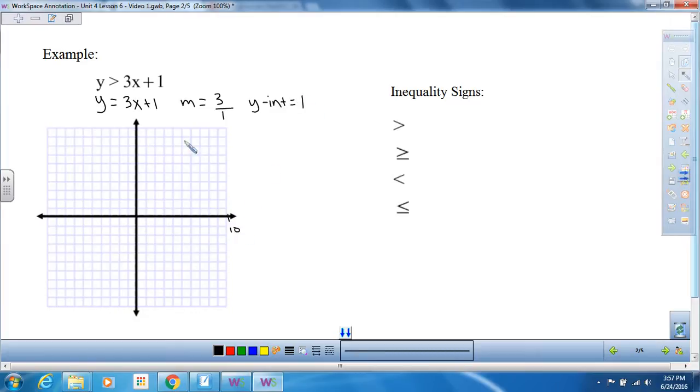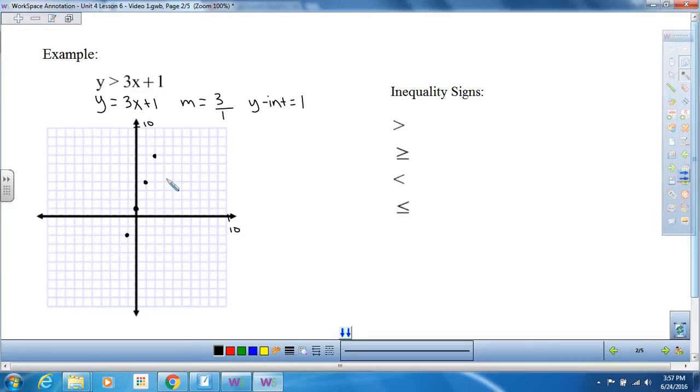Okay, so if I go to graph this, I am going to start at 1 on the y, and then my slope is 3, so up 3, right 1. Or down 3 and left 1. Okay, so putting the points on the graph is the exact same whether it's an equation or an